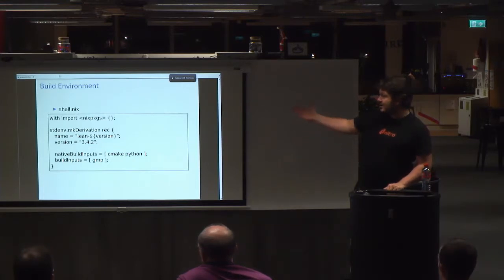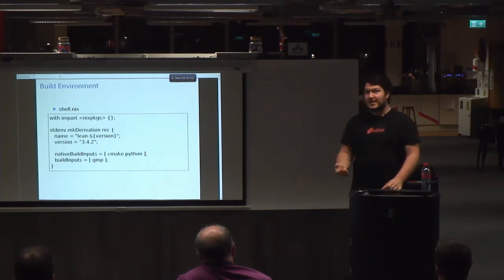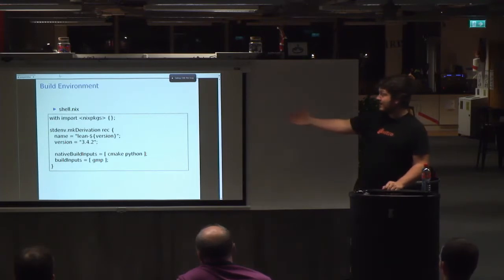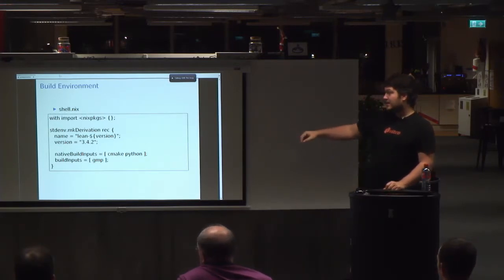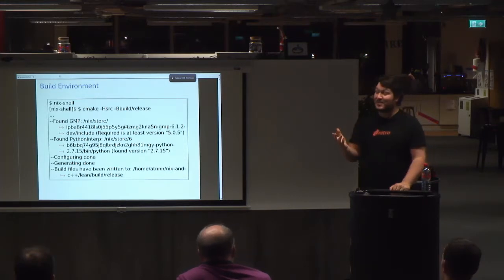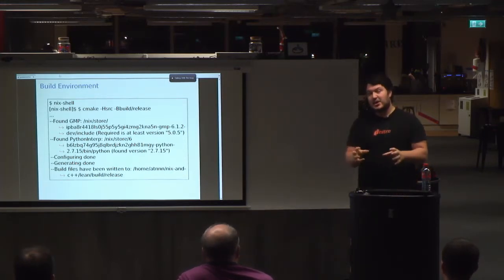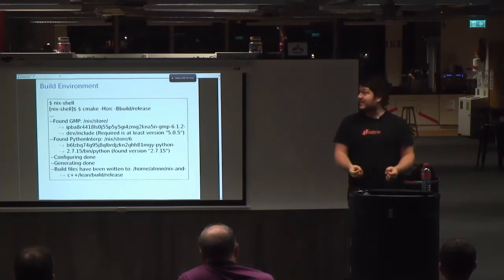I put it in shell.nix. Nix is also the name of the declarative scripting language to describe packages. So I describe a package and put in metadata. This package is called lean, with the version, and the build inputs. So I put Python and GMP. Now, if I run nix-shell, the second program that comes with Nix, it takes a package, looks at all the development dependencies for that package, and brings you into a shell that has all those dependencies available.